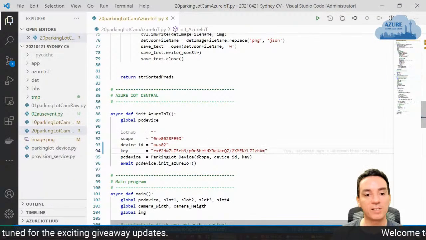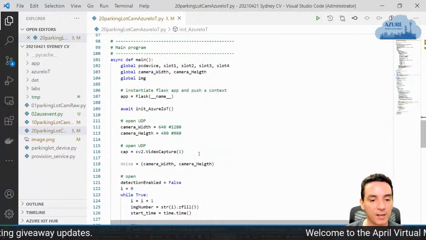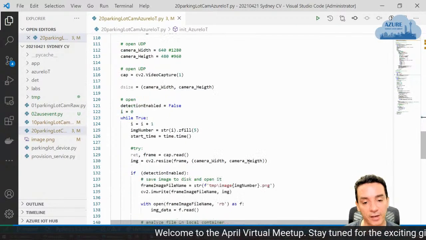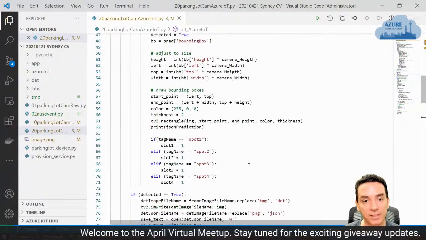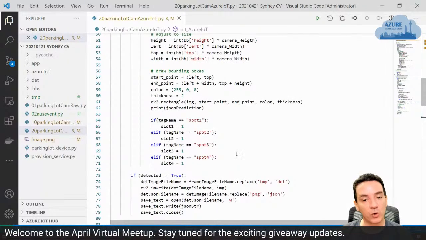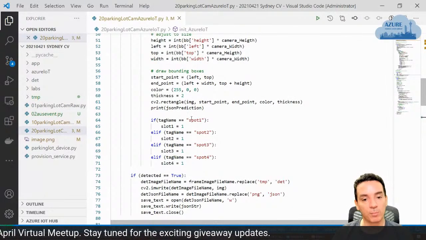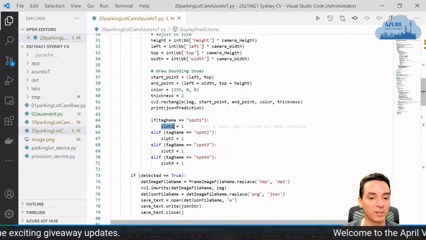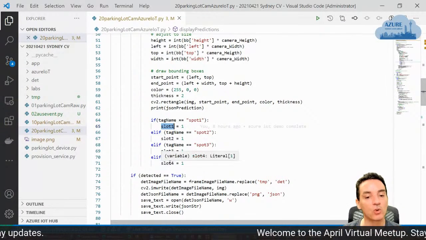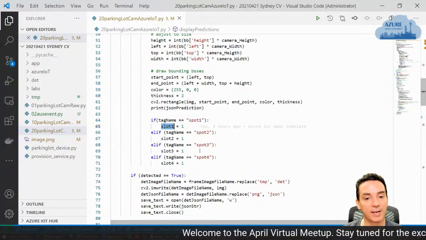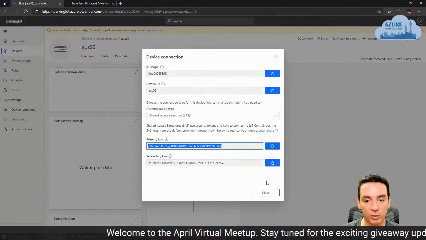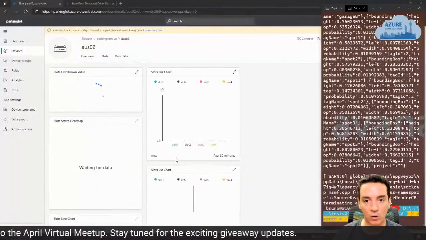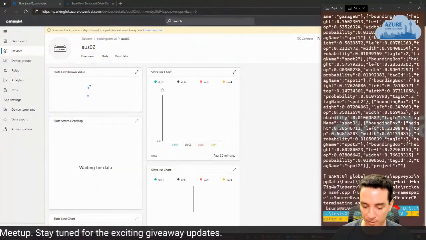What this demo is going to do is open the camera, do the analysis, and get all the information. But when it's doing the analysis and drawing the bounding boxes, it's going to send a 0 or a 1 to the properties slot 1, 2, and 3. So we have this in the dashboard. So once I have this, let me go back and run this again. Let's do CLS.